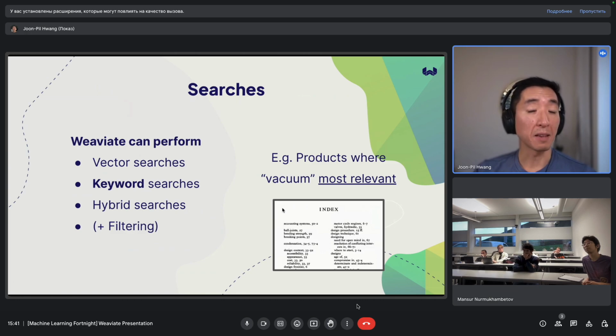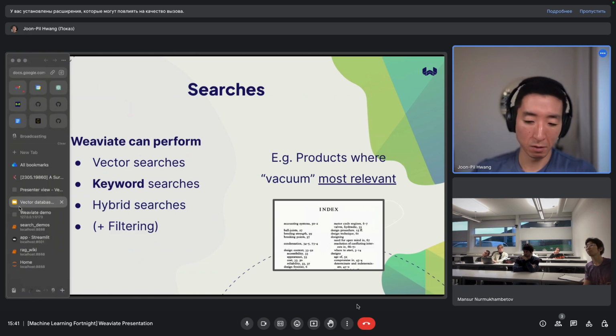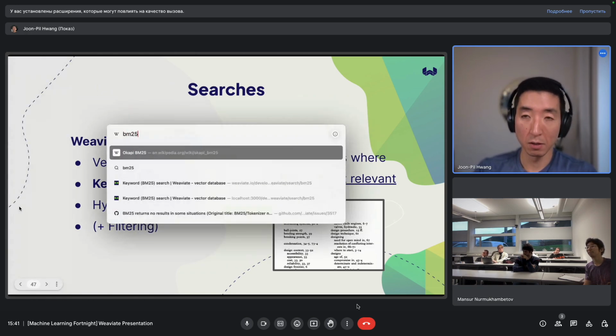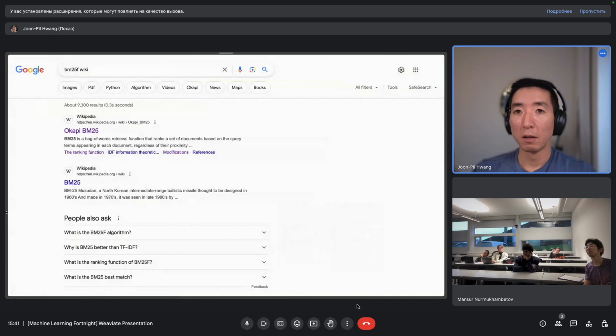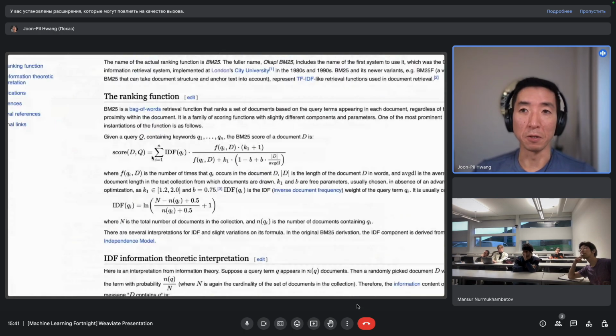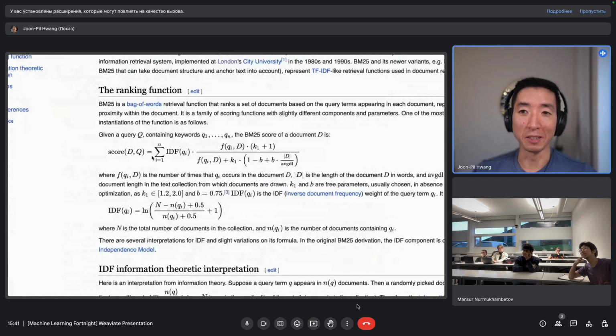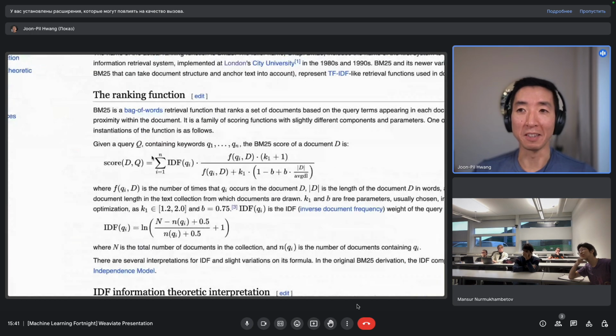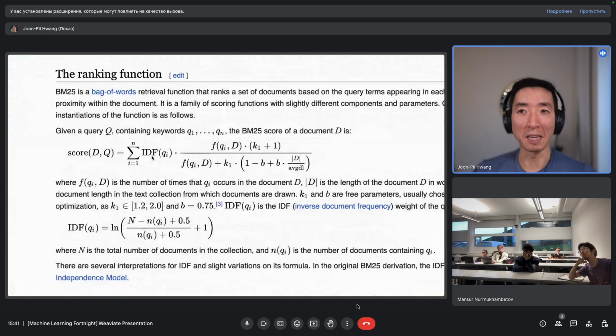It depends on the exact algorithm, but basically what we use is something called BM25. I might just pull up that formula. So what's called BM25, you can look this up yourself if you're interested. I tend to not do this in talks because it really tends to put people to sleep.